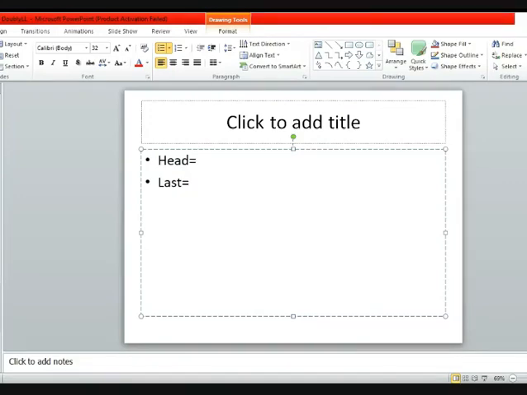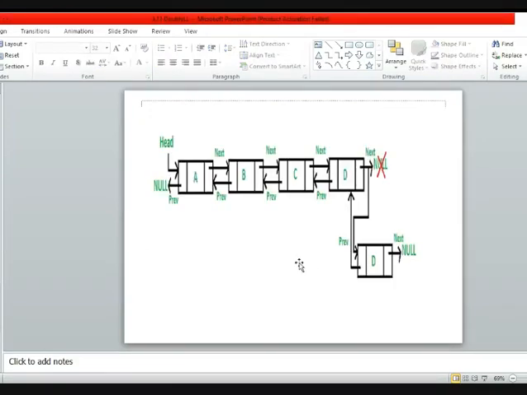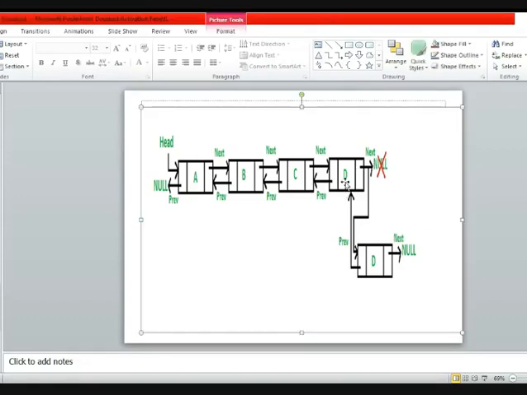Okay, so if we follow the same procedure we followed for insertion at the end in a singly linked list, then when you are inserting a node at the end of the existing list, you need to search for that last node. And to perform searching in a doubly linked list is quite difficult because there are many pointers here, the next one and the previous one. So you need to check all these pointers when you are inserting.